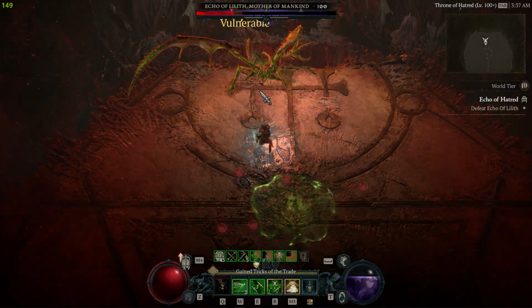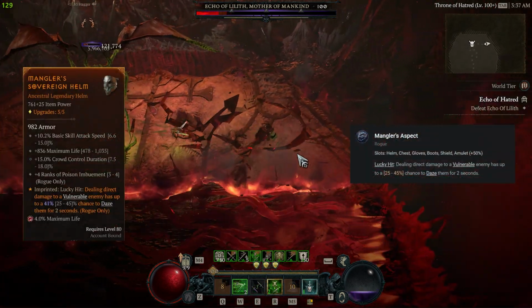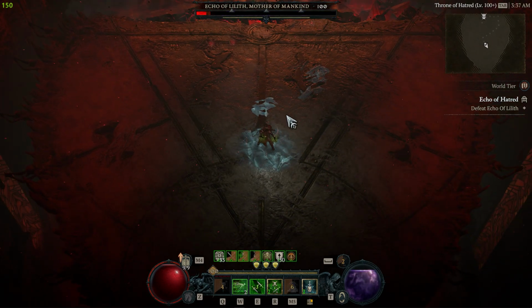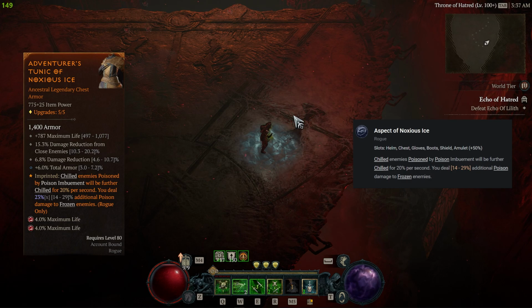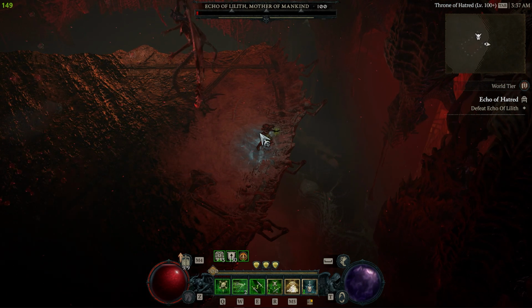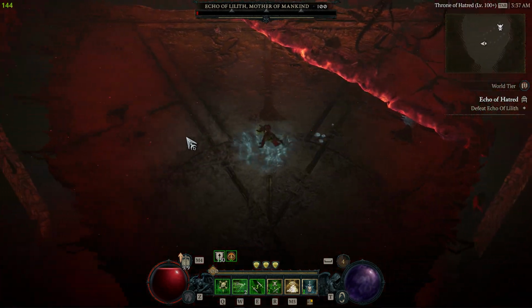And onto our gear and aspects, starting off with our armor. On our helmet, we want basic skill attack speed, life, crowd control duration, and ranks to poison imbuement with the Mangler's aspect to help stagger her. The chestplate is your normal defensive chestplate with life, damage reduction from close, and armor percent. But the aspect we have here is Noxious Ice, so when we stagger her, we have another damage multiplier for